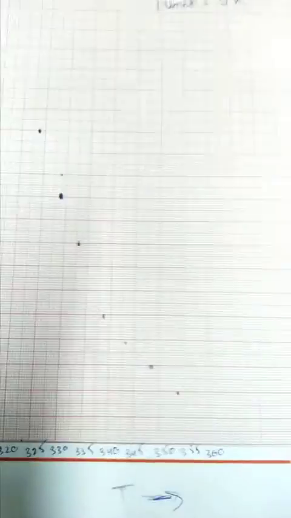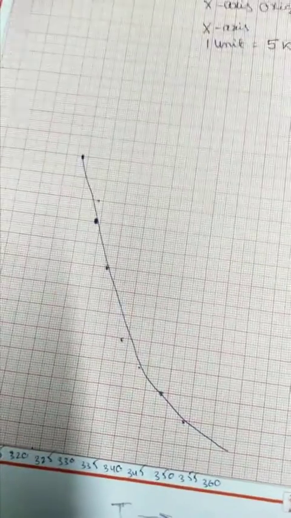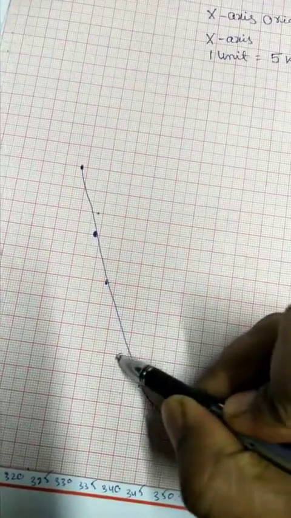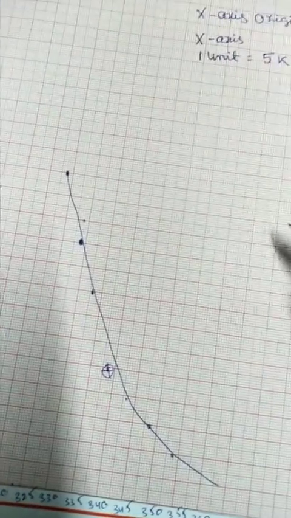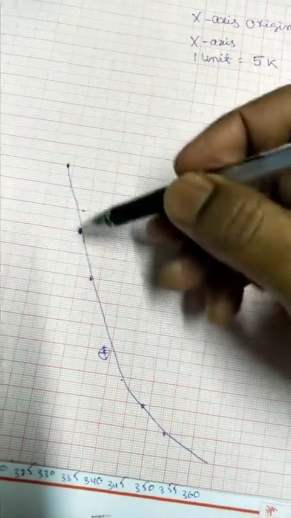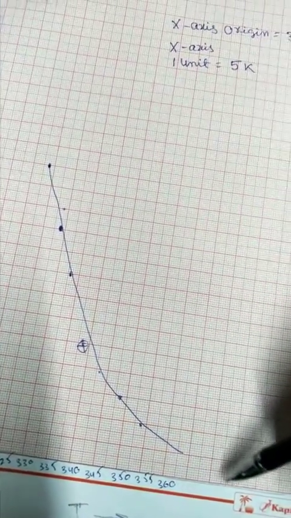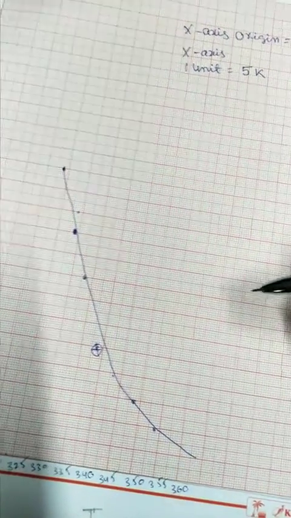Okay, so I will draw and I will show you. I have drawn like this. I'll leave this point. I am not taking it, and I'll use this point. I'll connect maximum points. Okay, so for this one you have to draw the tangent.